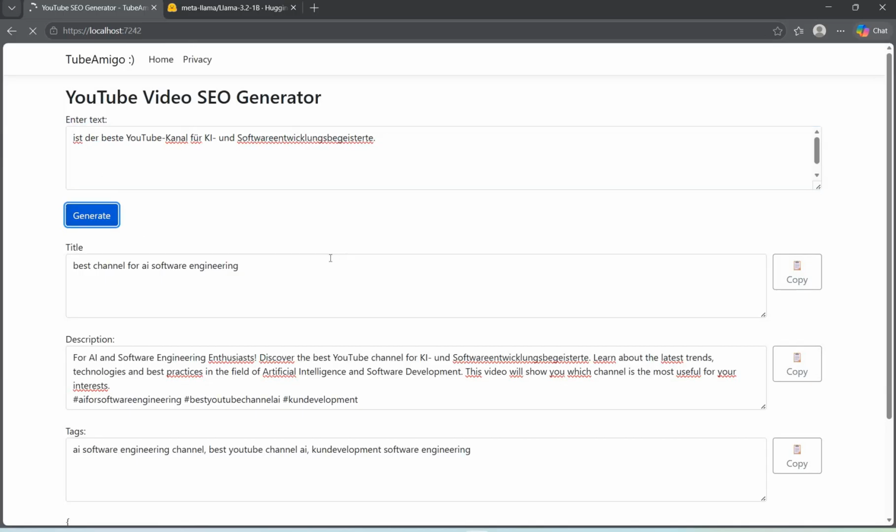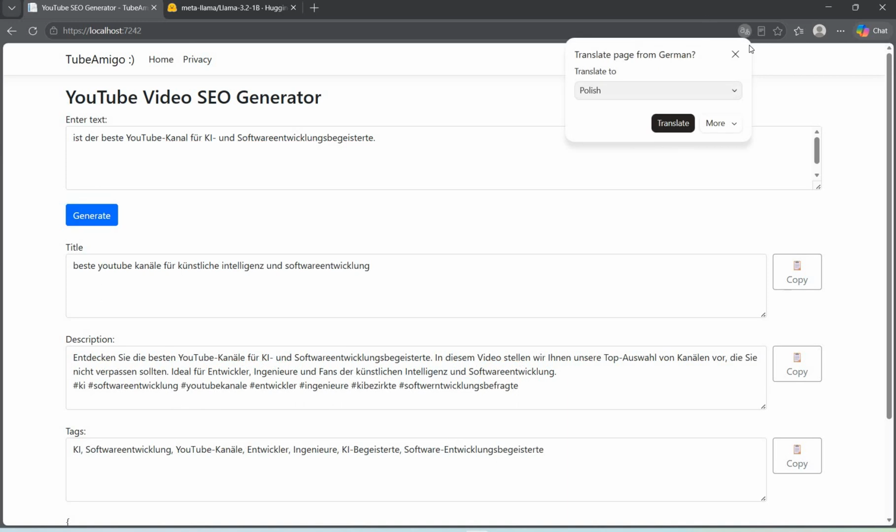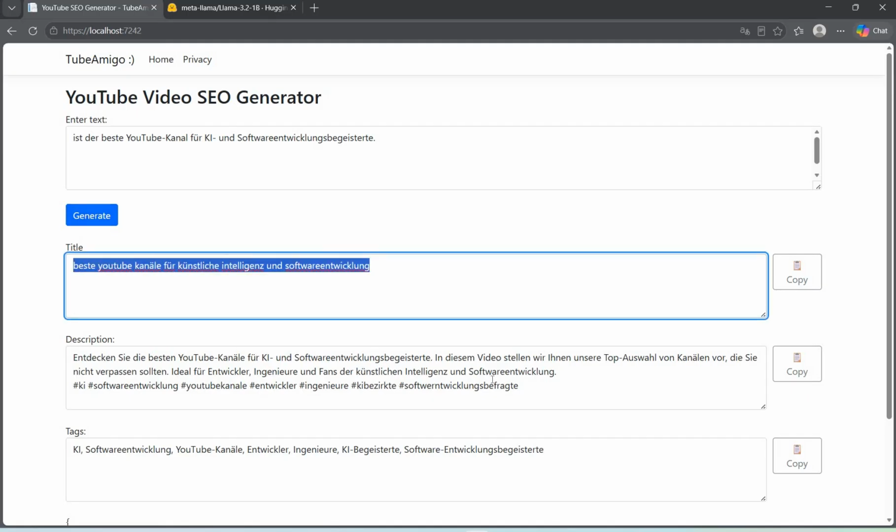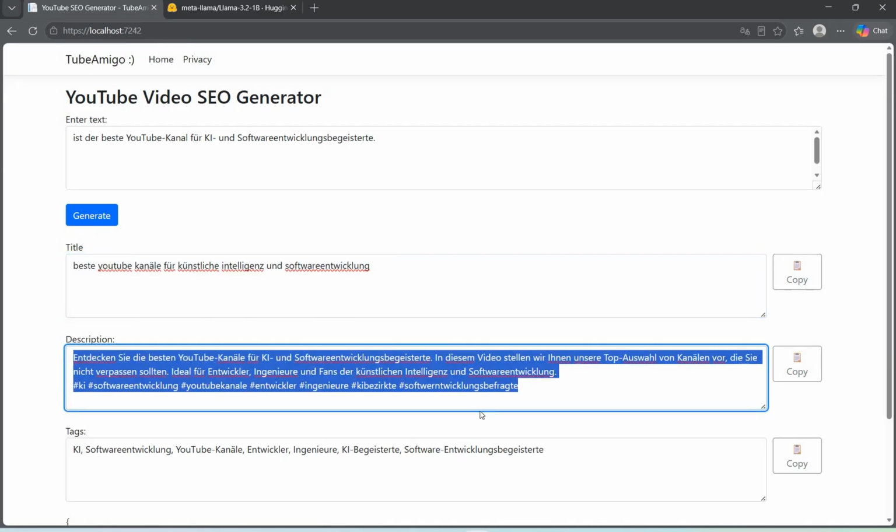I can only mention that I checked those queries with GPT-4o mini and it worked perfectly, so that the model could find out what is the real language of the text. With Llama it is a little bit difficult. Okay, here it is a little bit better. So if the text begins with German, then we can see that the title looks German. We have a German text and the translation is much better.